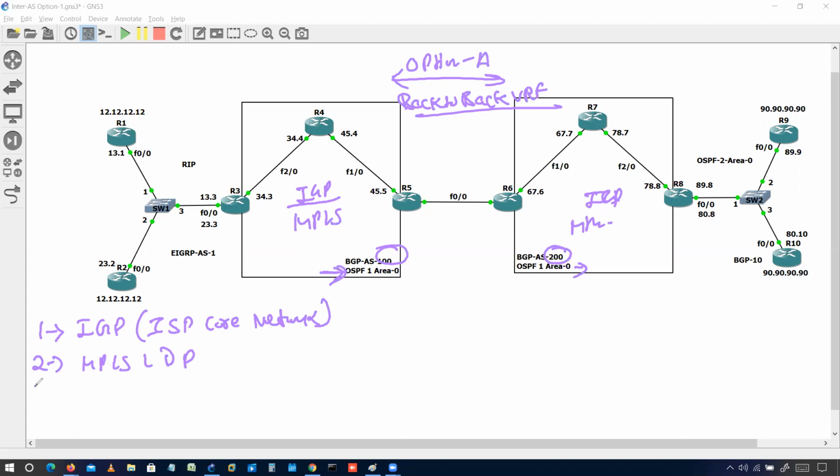The third thing, I will configure BGP only for the VPNv4 protocol. It means I'll configure VPNv4 IBGP neighborship between R3 and R5.